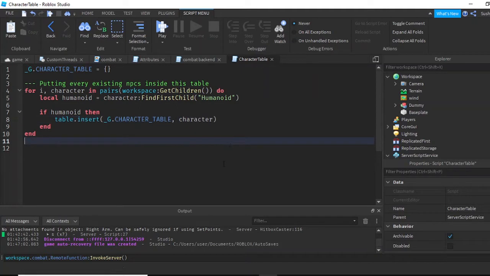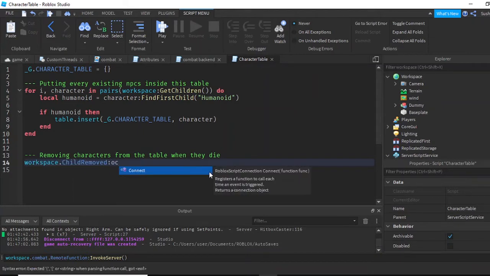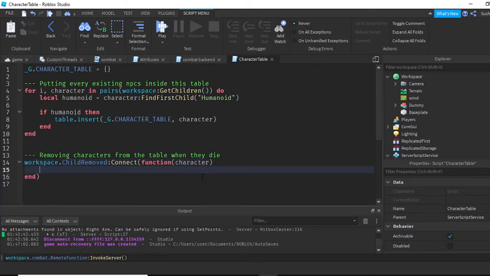Then when the NPC dies, removing characters from the table when they die. Workspace child removed connect function child. Oops, I'm trying to rename this to character. An easy way to do this, we don't have to check the humanoid since it's pretty impossible, since the character is removed from the workspace, right? How are we gonna check the humanoid? We're just gonna check if the character is inside the table, okay? By doing this,